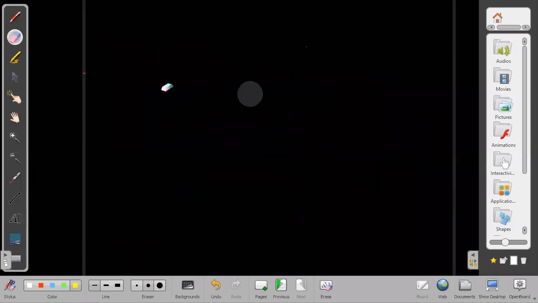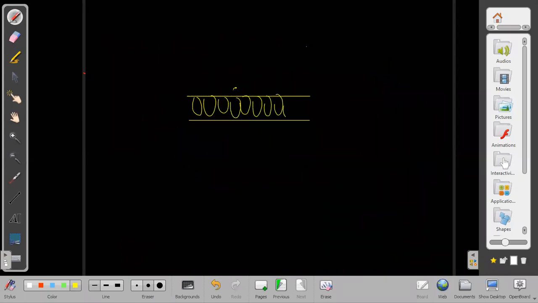First of all, it is not due to a single cross, and it will not be an infinite field anywhere. It will be finite everywhere. It is due to all the crosses, meaning all the turns, not due to a single turn. Even if I find field here also, it is not due to just this. It will be due to all these loops. These are not separate loops, but if I approximate them like separate loops, then due to all these loops, the field is here also.